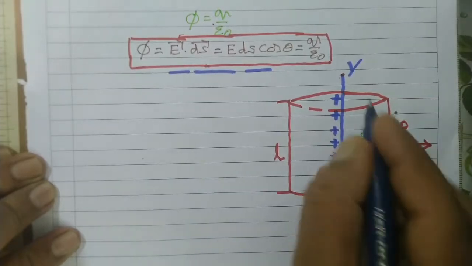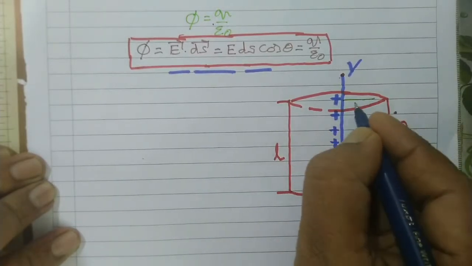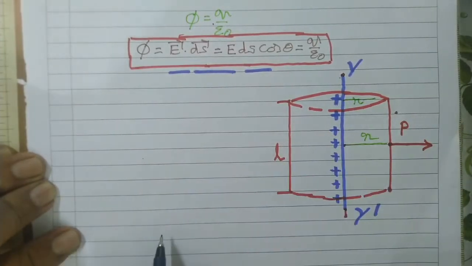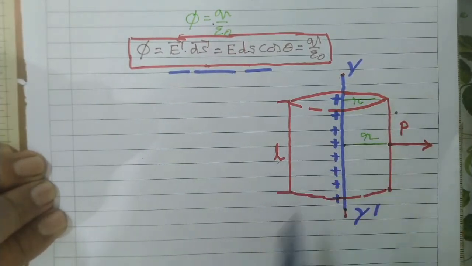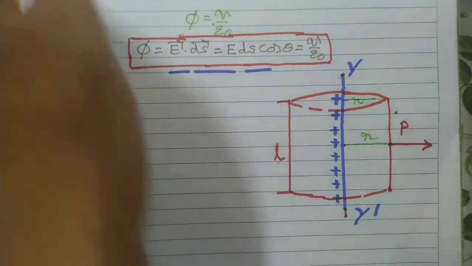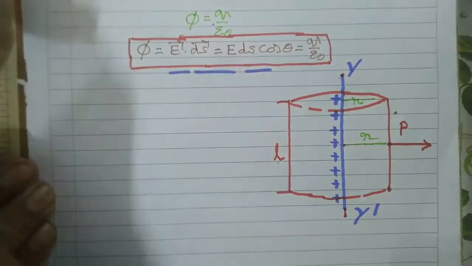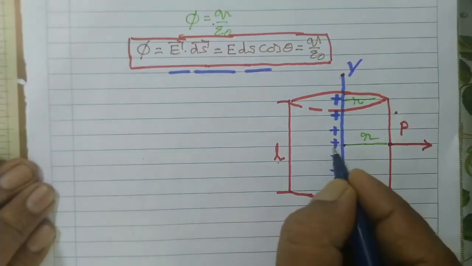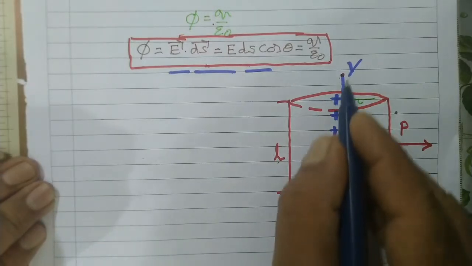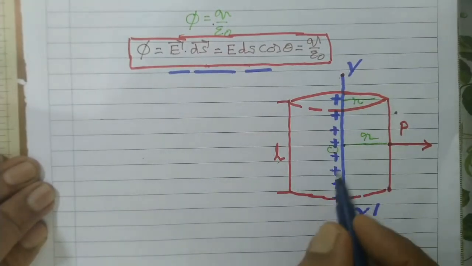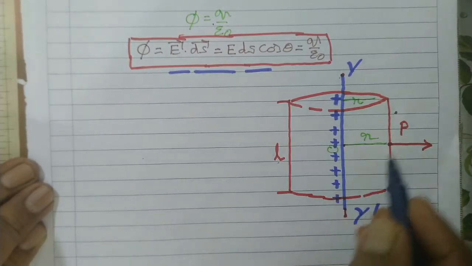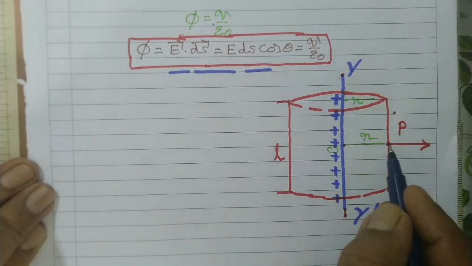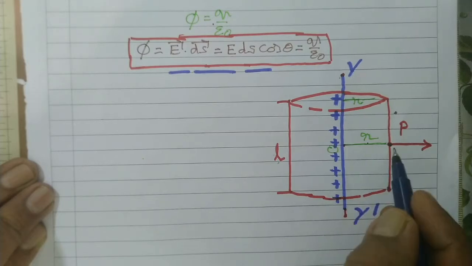Therefore, this also is R only, radius. So, we can say that the cylinder has a radius R and length L. I think you are able to understand this up to this diagram. Briefly, I will explain this. An infinitely long wire has a charge density lambda, I mean to say positive charge we are taking here. We are considering a point P here at a distance of R, where we would like to find the